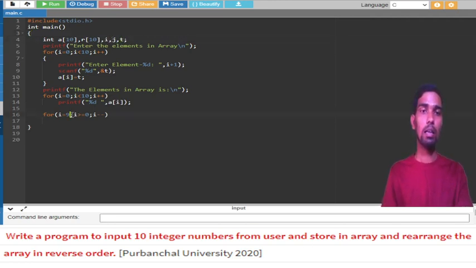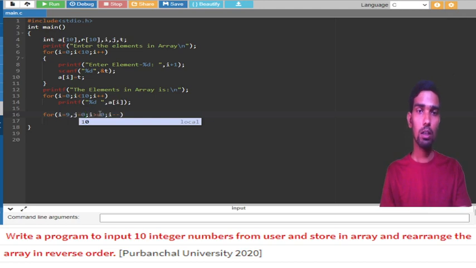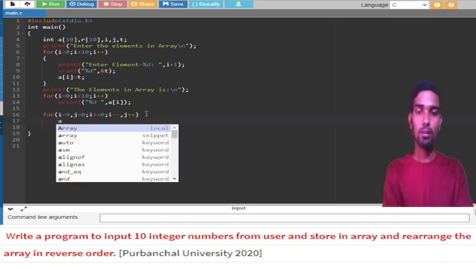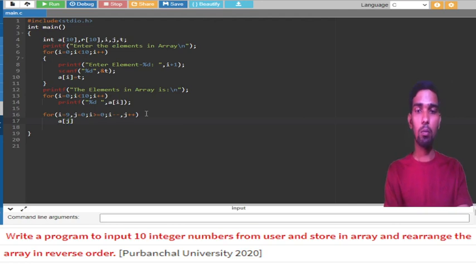And here you can mention comma j equal to 0, and here you can make comma j plus plus, and below you can mention r of, or a of j equal to t of i.